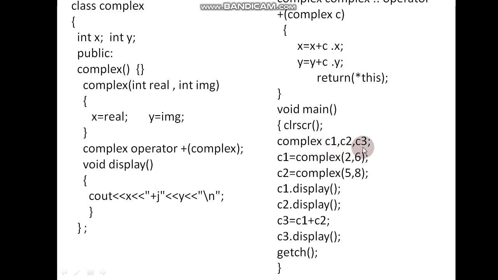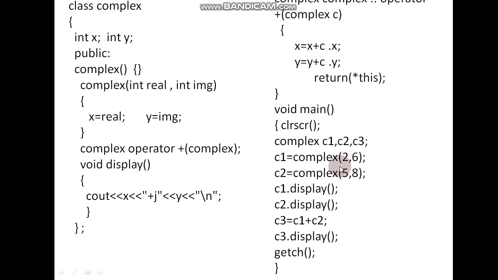Then we are calling the constructor function of the complex class explicitly here. We call constructor function complex for C1. Here real part is 2, imaginary part is 6.